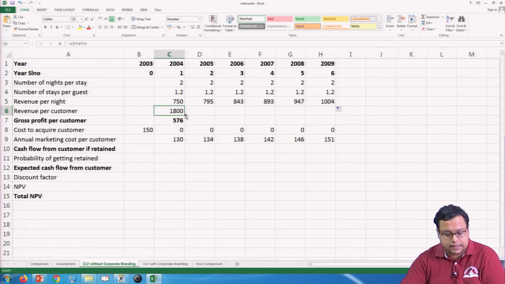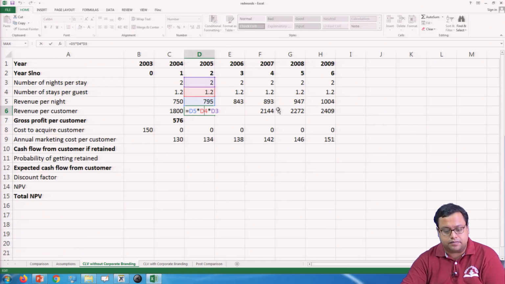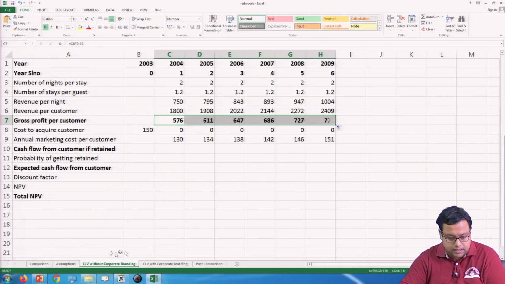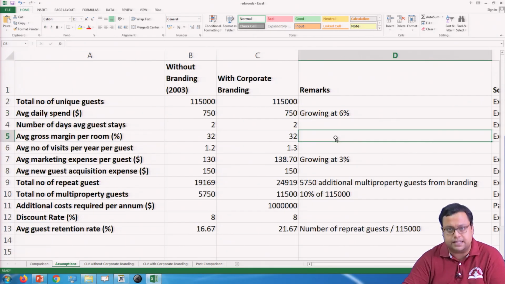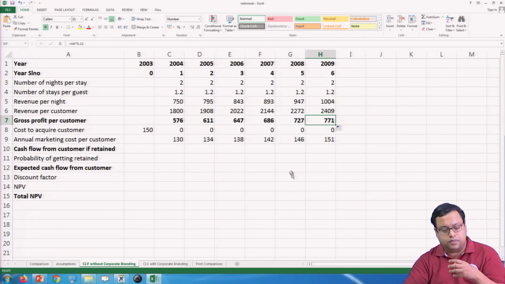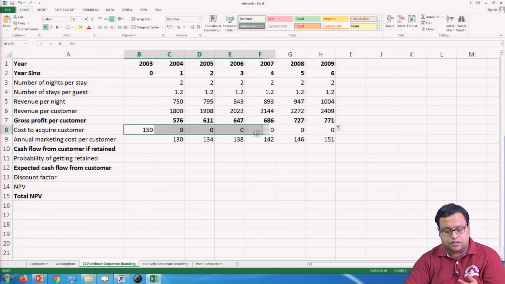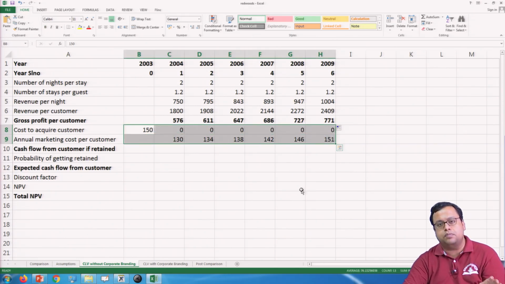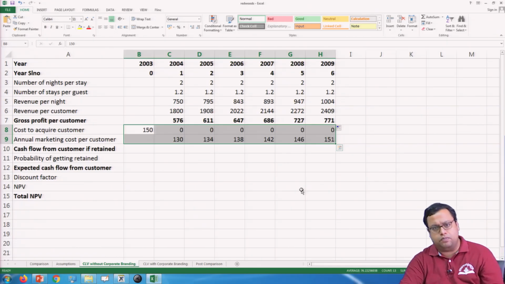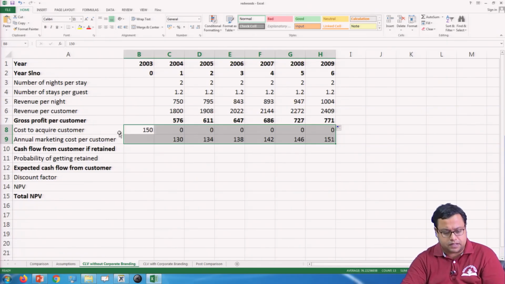So, these things will be same. This is basically the multiplication of these 3 terms, and so on, and each will have a 32% margin. I do not think the margin also changes, it remains same. So, 32% margin. So, this is the net money that I generate from his stay, and this is the acquisition cost, and at this moment I think that the referral and upsell and downsell will be same for both the types of customers.